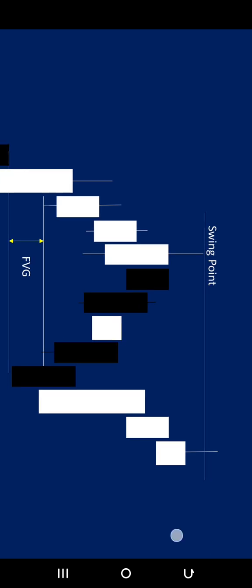So now let's take a look at it. Can you eventually see what happened? This fair value gap magnetizes price towards itself. The moment price enters into this fair value gap, it rejected the price. It pushes price away. Now, as price was going toward this swing point, the price enters into this swing point with full body. But just like I said earlier, this swing point has the tendency of rejecting price. As price enters with full body, it rejected price and we end up having this pin bar candle. This is a rejection.